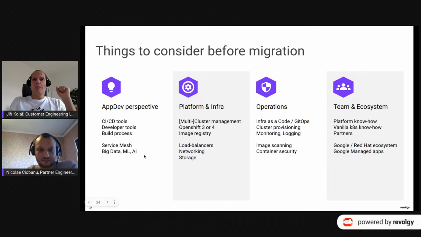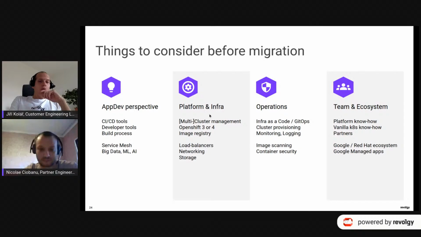I mentioned this one because Google has a very strong offering of machine learning and AI tools. So that's something you might not be using when you are on OpenShift on-prem, but it's definitely something you should be checking out when you go into Google Cloud, because this is a significant added value of Google. That's something that Google is really good at, right? So it's worth mentioning here.